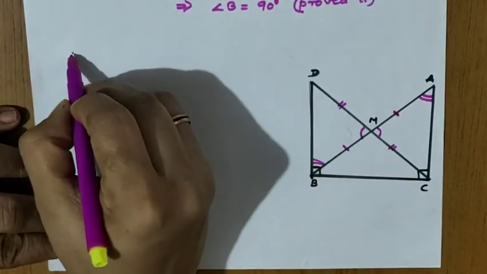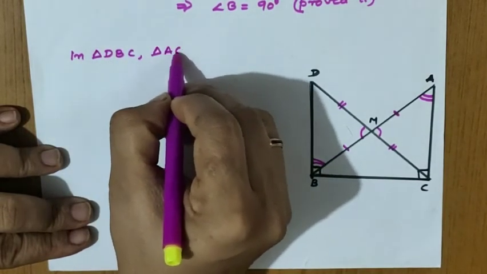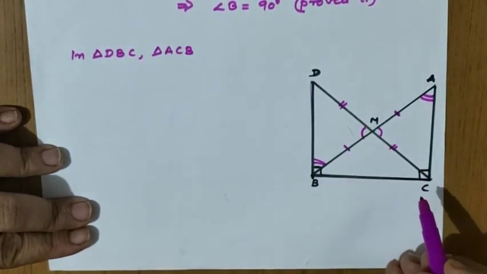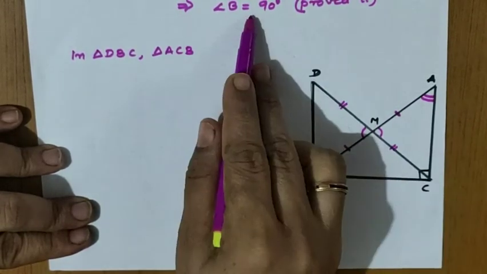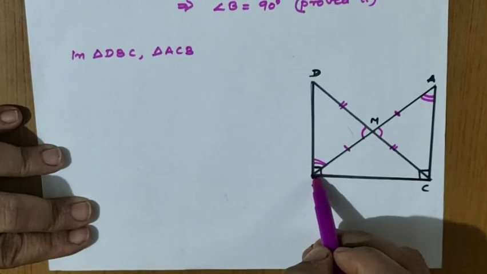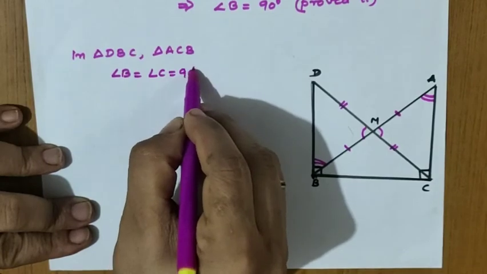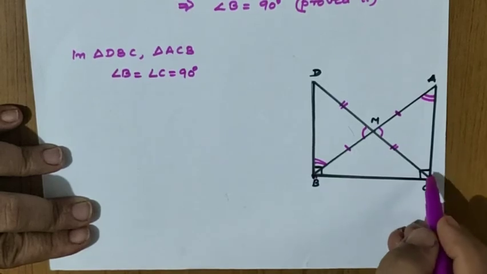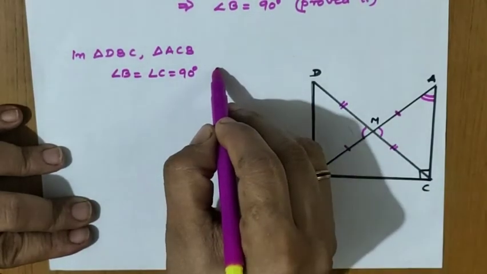For proving the third part, we should take a different triangle DBC and triangle ACB, right? Triangle DBC, check that one. Now which are the equal sides or equal angles we should take? Already we can take B is 90 degrees, we have proved. C is 90 degrees. In DBC, angle B is coming full. So angle B equals angle C equals 90 degrees. It is not given: C is given and B is not given. So proved 2 only, that one, right? So angle C is coming full. Check it, in ACB angle C is. So we can write here, proved in 2.